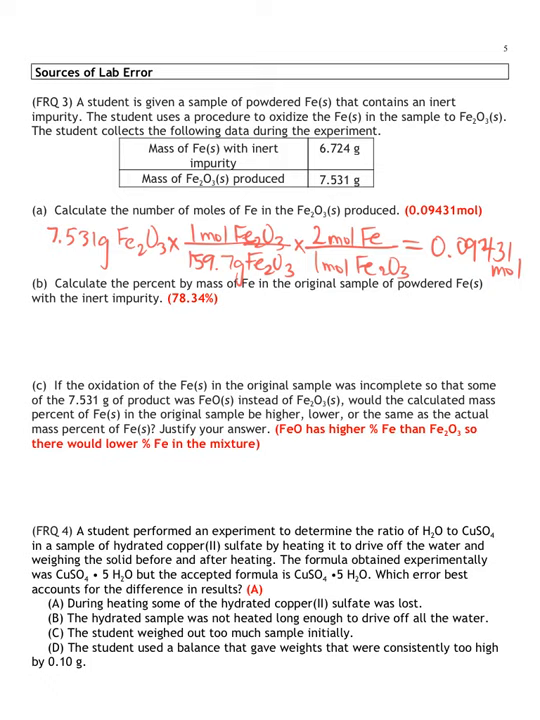And then the next one says calculate the percent by mass of iron in the original sample of powdered iron with the inert impurity. So if we can find the mass of the iron right here, we know that all this iron is from the iron that's in the sample, the mixture of sample with the inert impurities. So there's other impurities in there. So we're going to calculate the mass of that iron. So we're going to convert our moles of iron into mass. And upon doing that, using the molar mass of iron,